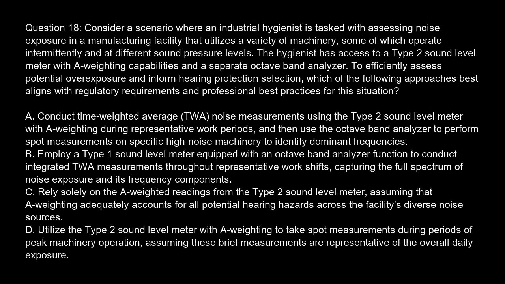Which of the following approaches best aligns with regulatory requirements and professional best practices for this situation? Option A. Conduct time-weighted average (TWA) noise measurements using the Type 2 sound level meter with A weighting during representative work periods, and then use the octave band analyzer to perform spot measurements on specific high-noise machinery to identify dominant